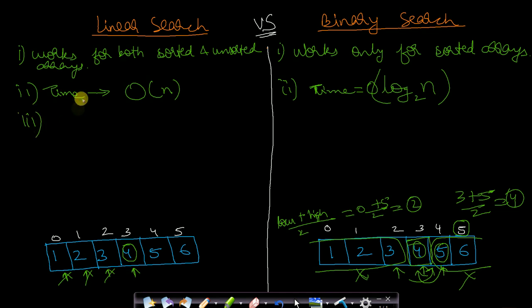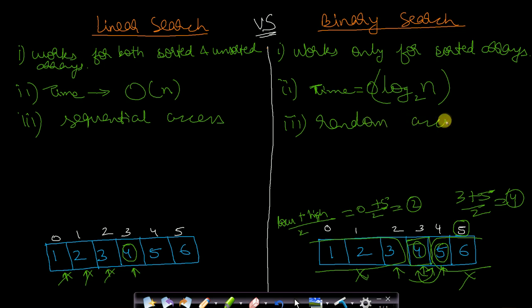One more difference is that in linear search we are doing sequential access of elements, but in binary search we are doing a random access of elements. How can we say that we are doing random access? Because we are finding the middle element, which depends on the lowest index and the highest index of our given array, and we are just jumping to that element, and then we are comparing the given element with our required element, and now again we are discarding half of the array, taking the other half, and again recalculating the middle.